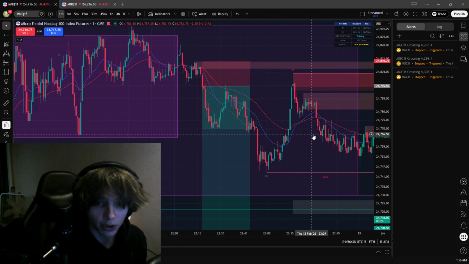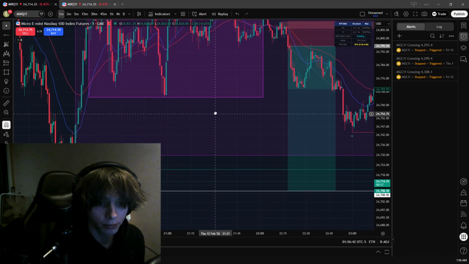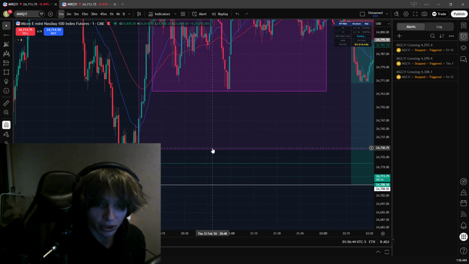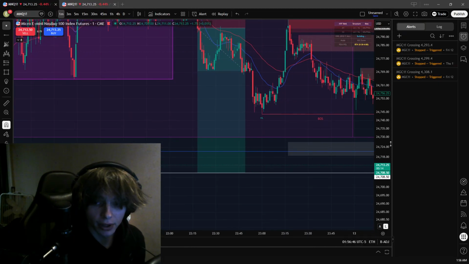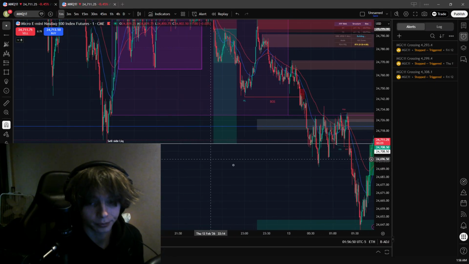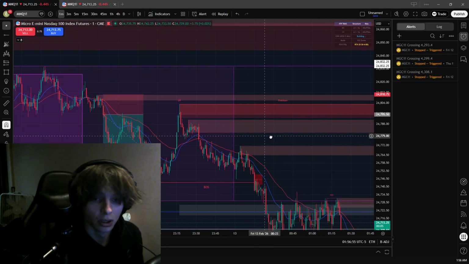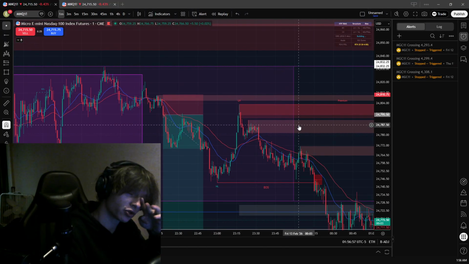Okay, first points that you would be targeting, obviously, this point of liquidity here, this point of liquidity here, and then the target that we hit today, which was this liquidity here. As you can see, we're just continuing down. So overall, I would say today's trade was